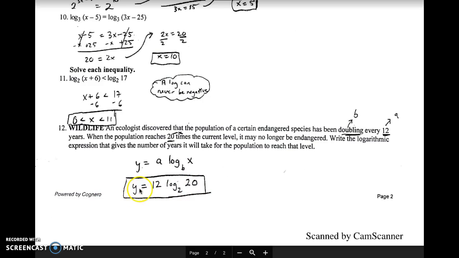Okay, that's the whole practice quiz for Unit 3, Lessons 1 through